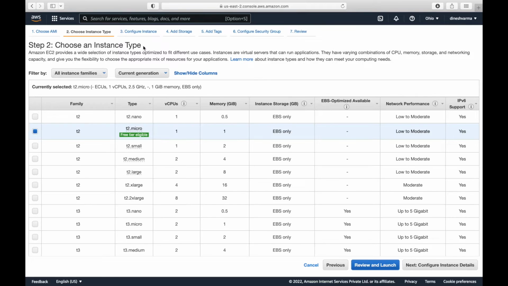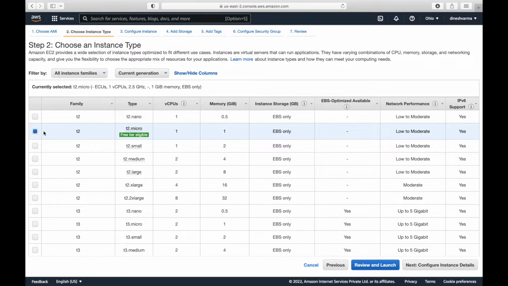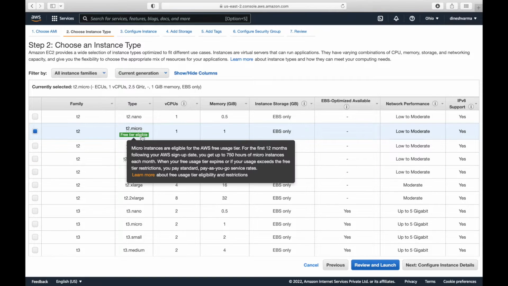And here we need to choose the instance type. We have many instances like nano, micro, small, medium, large. Even among the instances, only the micro instance is available for free tier. So I will select the micro instance here, because if I select any instance other than micro, I will be charged. This micro instance has 1 virtual CPU and 1 GB of memory. And this 1 GB is enough for installing and setting up Hadoop. But in real-time use cases, we might need something better than 1 GB. As I am doing it for learning purposes, 1 GB is good enough for us. So I have selected a micro instance and I will